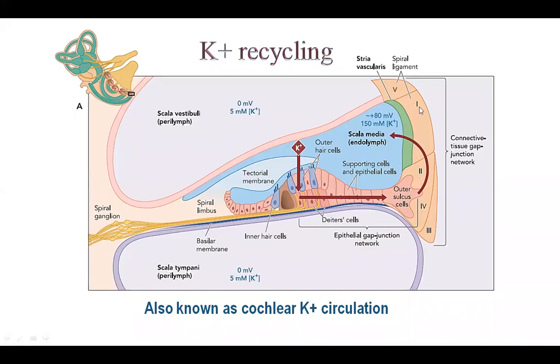If you see these numbers 1, 2, 3, 4 till 5, they are nothing but the types of fibrocytes which are part of the organ of Corti. So from here, the potassium from the hair cells will go via these phalangeal cells or the supporting cells into the outer sulcus cell, and it is secreted back into the scala media via stria vascularis. So this is how the potassium recycling occurs. It is very, very important to maintain the potassium at the level of 150 because that is responsible for the endocochlear potential.